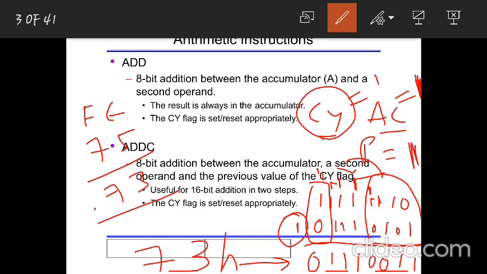Okay, so in the result you have an odd number of ones. You have 5 ones here: 1, 2, 3, 4, 5. So you have an odd number of ones, so parity is 1. So these are the flags which it affects for this example I have taken. If I take some smaller number, then I won't have a carry at the D7th bit, then this won't be 1. If there is no carry from the D3rd to the D4th bit, then even auxiliary carry won't be 1. Okay. So in this way the flags are affected while this addition instruction is executed.